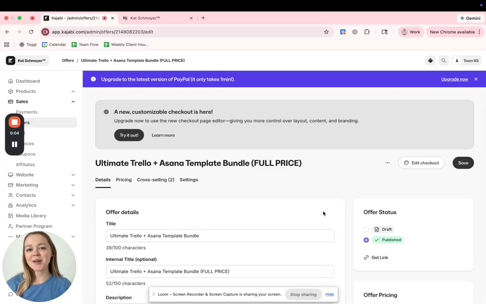There are a few tweaks that you can make to your Kajabi checkouts that will boost your conversions and increase your cart value. My name is Riley and I'm the KSA project manager. And in today's video, we're going to take a look at the back end of your checkouts to make sure